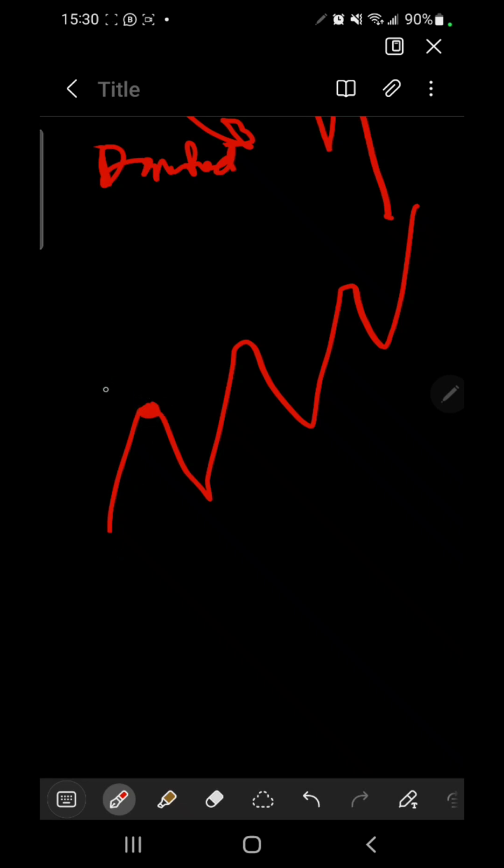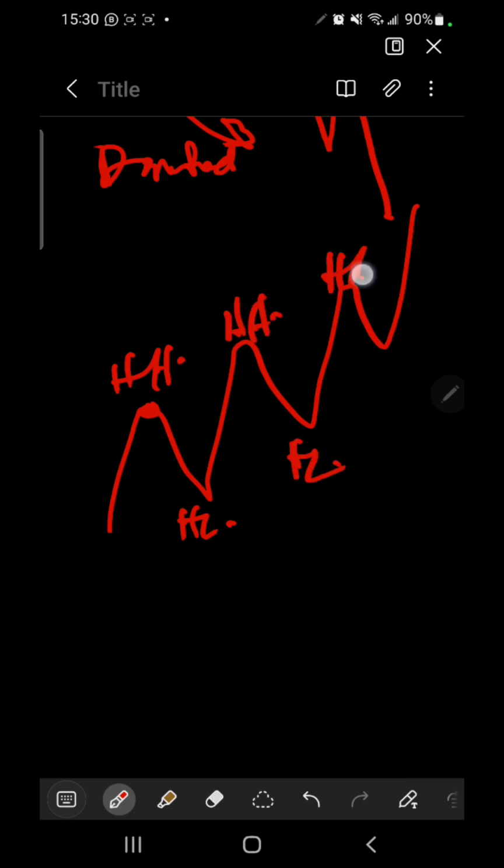Of course, the components of an uptrend are higher highs and higher lows. So we're going to be getting higher highs and higher lows. Every time you see the market giving you higher highs and higher lows, that means the market is in an uptrend. But remember, people, even though the market might be moving in an uptrend, it doesn't mean that you're not going to see